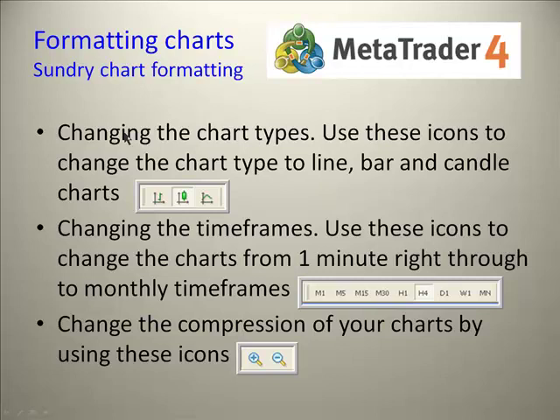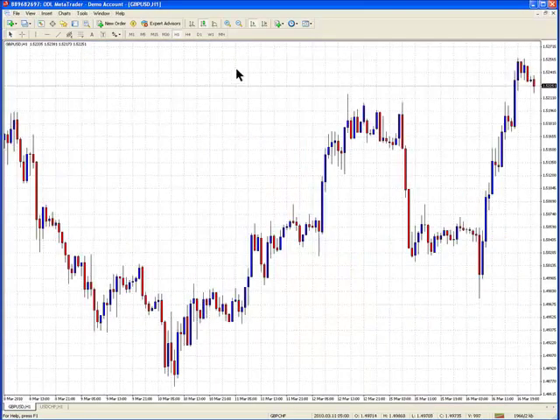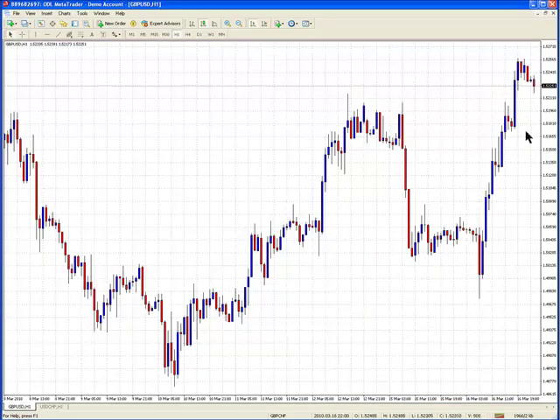Alright, so there's some sundry chart formatting: changing the type of chart that you have, the time frame that the chart is in, and also the compression of your chart. So I'll just go through those three items and what I'm going to do is maximize the pound and show you how this works. So the first thing that we're going to do is the type of charts. Now generally charts are traded in the candlestick format because it gives the most information. Essentially, red candles means that the price has moved